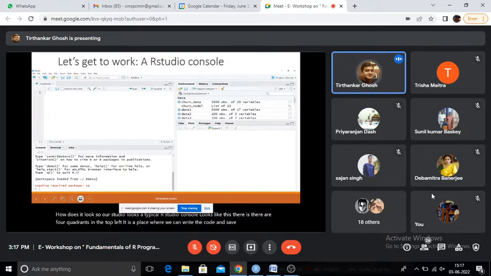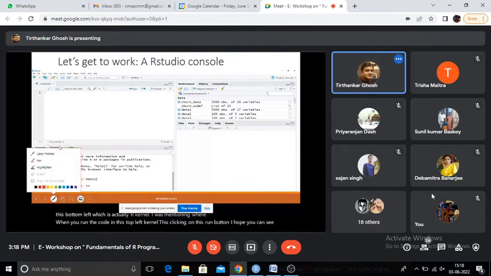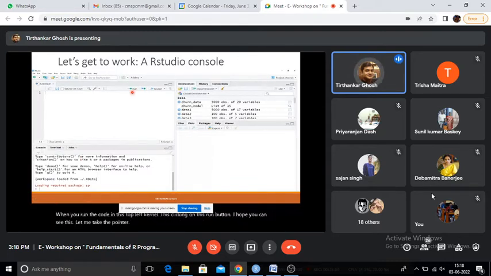And then in the bottom left is the R kernel I was mentioning, where, when you run the code from the top left by clicking on this run button, I hope you can see this, let me take the pointer. Once we run the code here, we can save it using the save button, and then it shows the code as well as the output here.